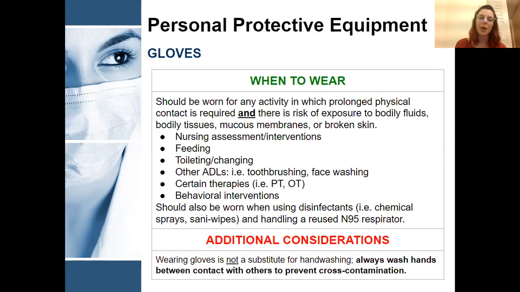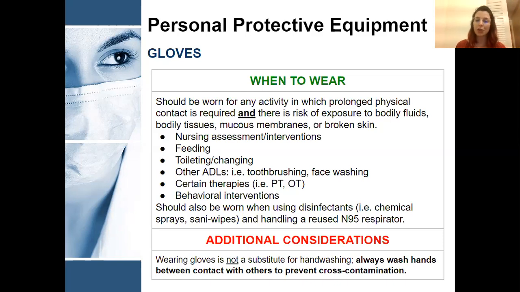So when should you wear gloves? Gloves should be used for any activity in which there is prolonged physical contact, and there's also a risk of exposure to body fluids, bodily tissues, mucous membranes, or broken skin. So we're looking at situations such as nursing assessment and interventions, feeding, including G-tube feeds, toileting or changing a student,